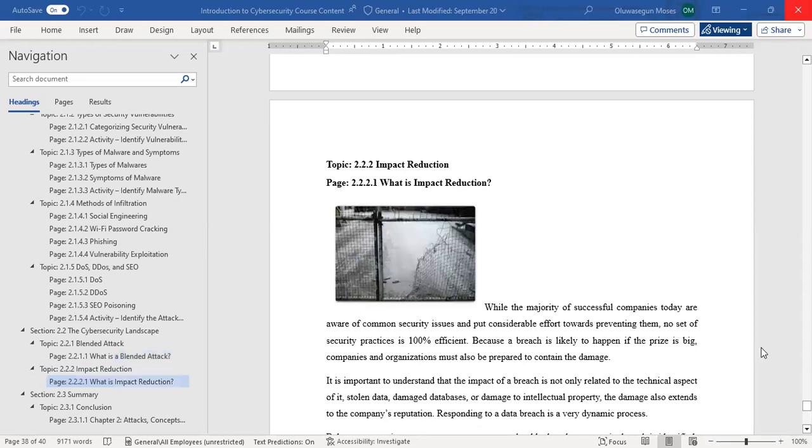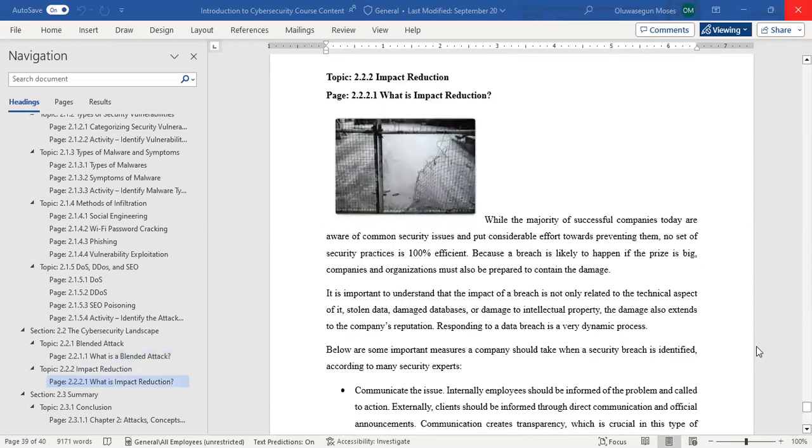So we have impact reduction. What is impact reduction? While the majority of successful companies today are aware of common security issues and put considerable effort towards preventing them, no set of security practices is 100% efficient. That's just it. Because a breach is likely to happen if the price is big, companies and organizations must also be prepared to contain the damage. Like a financial institution, if an attacker just exploits a vulnerability,